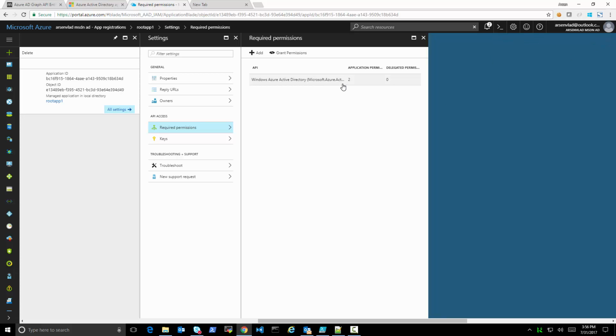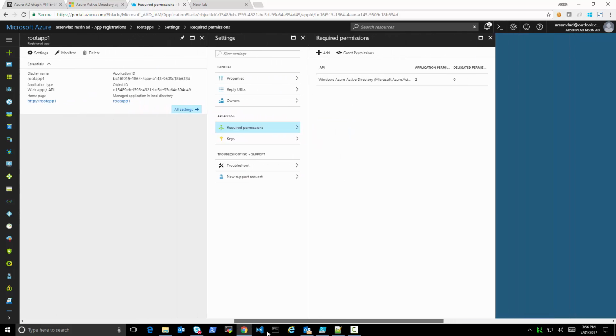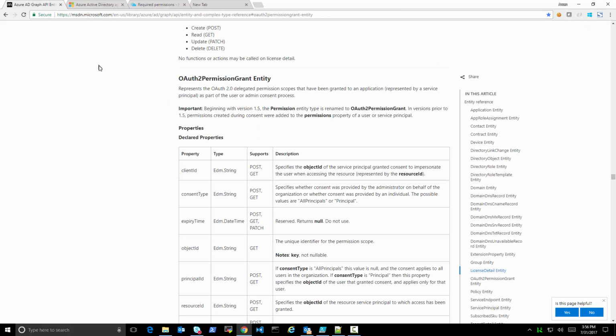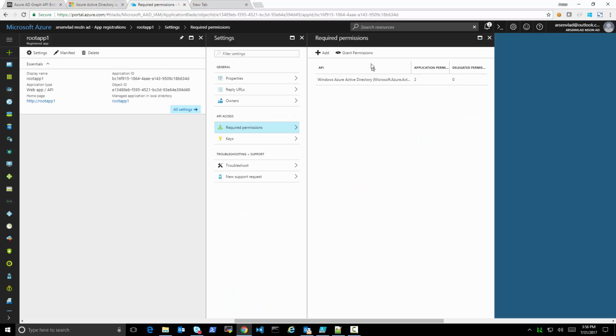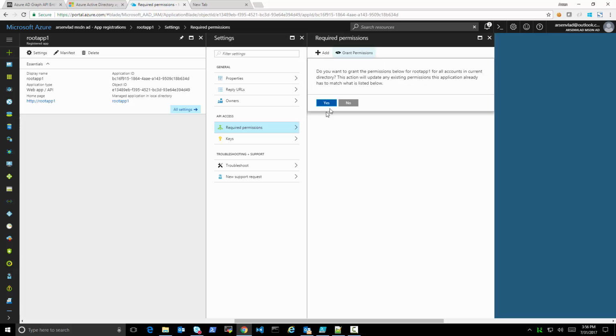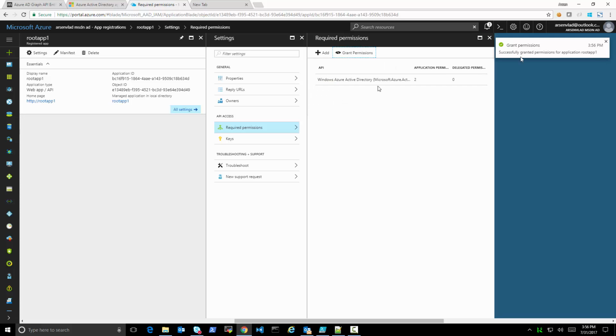However, once we saved it, it is only saying what the template is for this permission. So it didn't actually grant this permission to this application throughout the directory. For that to happen, we need to click this grant permissions button, and that's what will create a service principal and automatically create the auth grant permissions entries for that service principal. So later we'll see how to do it programmatically by calling the APIs directly. So I'll click the grant permissions button, and it right now granted consent to this,